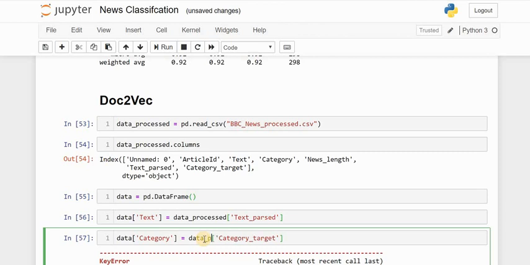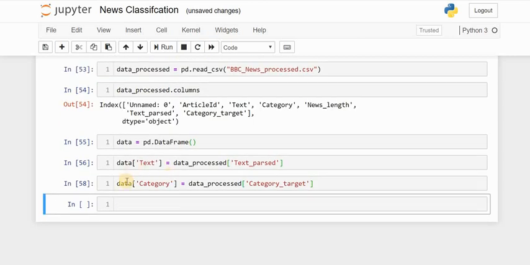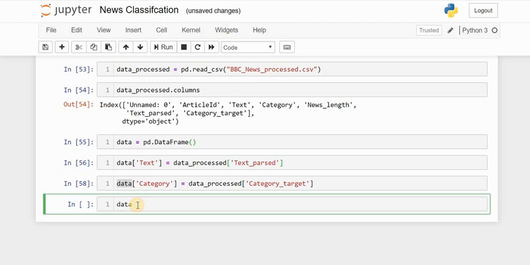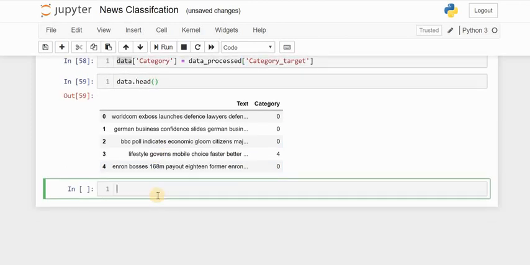Oh okay, the variable was not properly written. Now let's print the head, the first 5 data points. As you can see, in the text we got the processed text, and in the category we got the label encoding of the category variable.